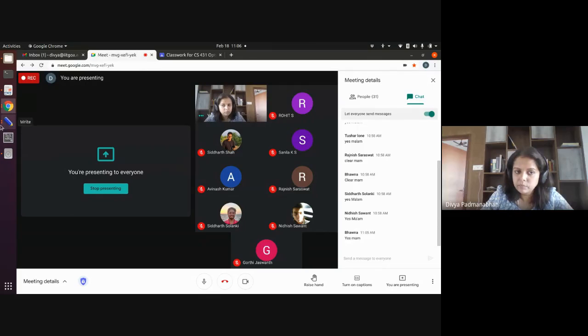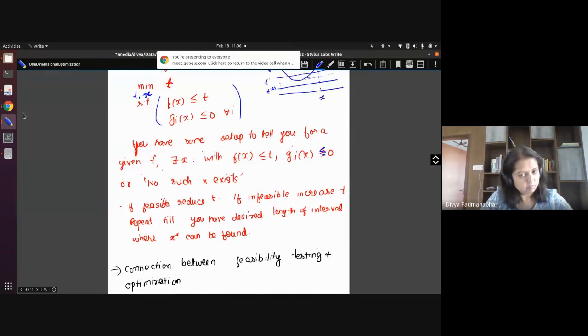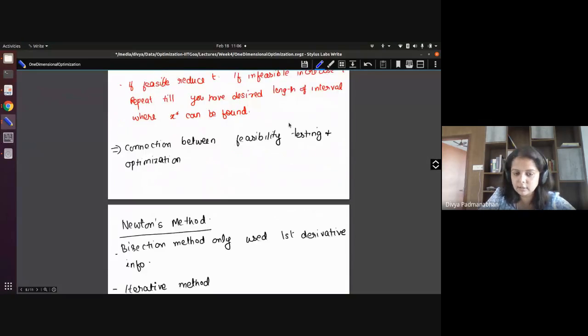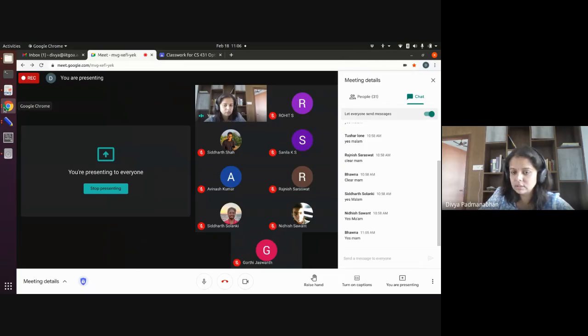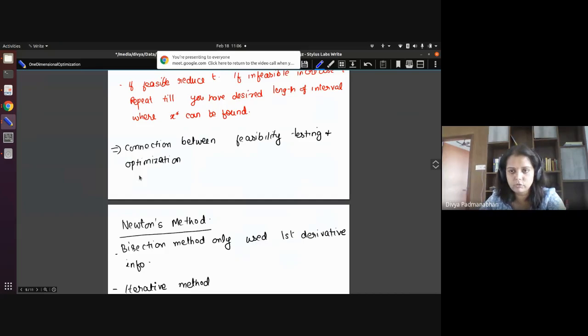Okay, so I think things are hopefully clear for all of you. If this is clear now, this is one method. Now we'll look at another method called Newton's method. Is this something you've seen in the other course? Newton's method, Newton-Raphson or Newton method? Yes, ma'am. Okay, fine. Then I think I can do a quick brush up. Just let me know if something is unclear, if you want to go slower or anything.